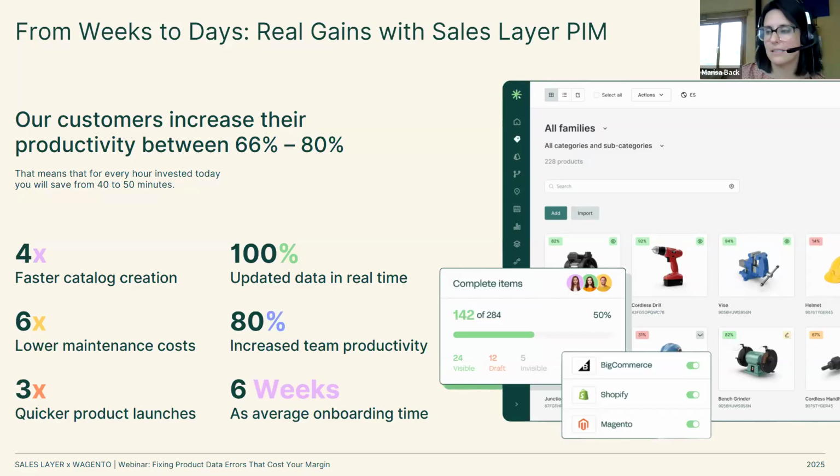Our tool is not as complex as maybe other tools. To summarize some of these numbers, what's most important is that real gains, our PIM can ensure 100% accuracy of product information in real time, which is the true purpose of a PIM. So here are some real gains for you. Excellent. Those are some good numbers.